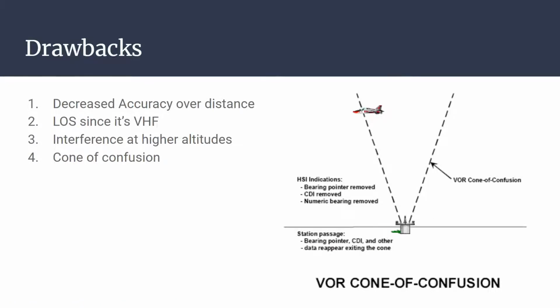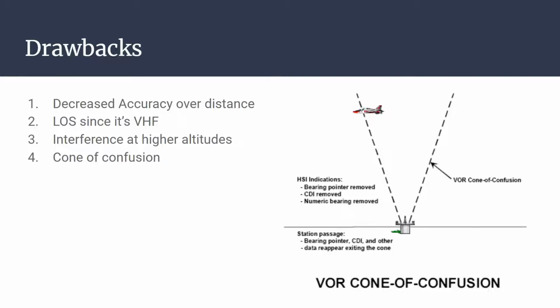Okay, disadvantages of VORs. It's VHF, so we get decreased accuracy over distance. Always imagine radio signals to be a bit like a cone, whether it's vertical or horizontal. When I'm talking about the signals, I mean each individual signal for the 360 degrees around the cardinal compass. And so the further out you go, the wider that range, and that can go up to 2 degrees until you lose the signal, which is loss of signal, LOS, because it's VHF. So 2 degrees can be quite significant,